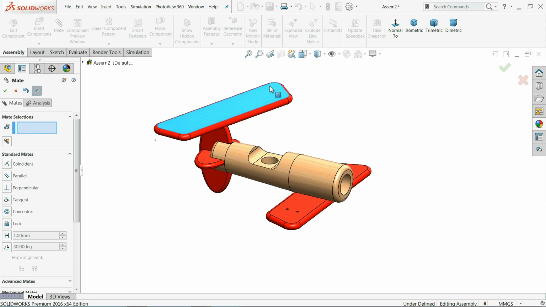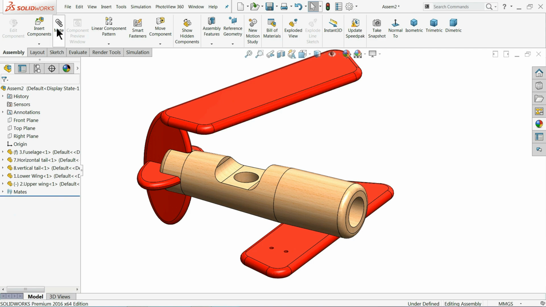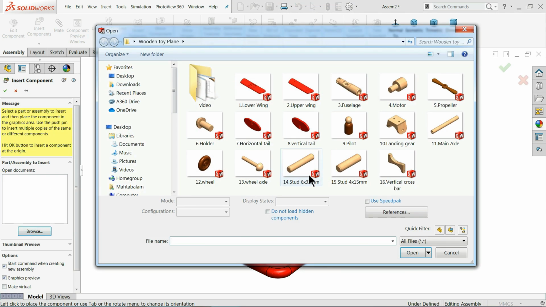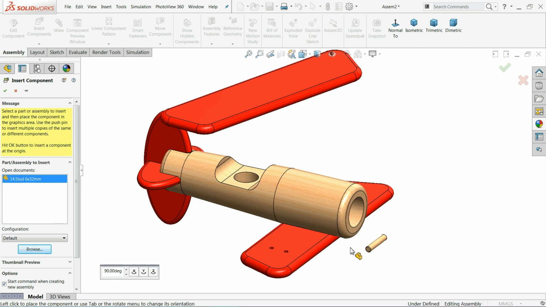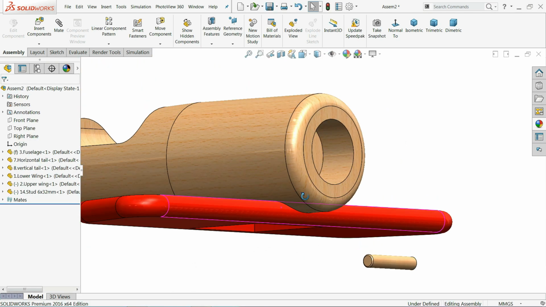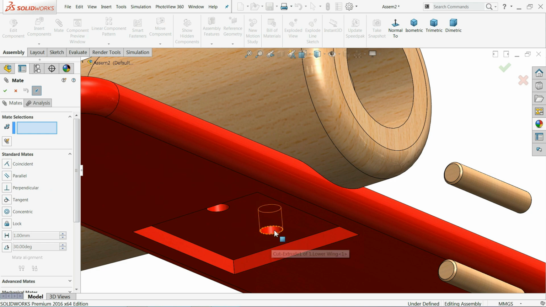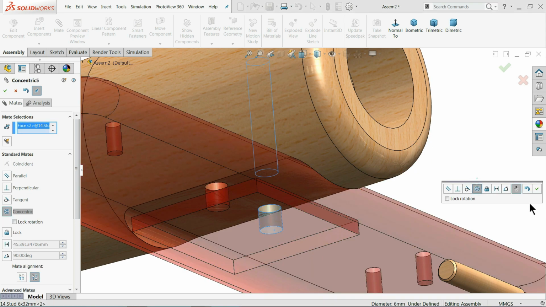And for this one we need to use some more material to fix it. Insert component. Now here we will use stud 6x12, and we will fix it here. Hold shift key and click and drag and create one more. Mat, circular face.